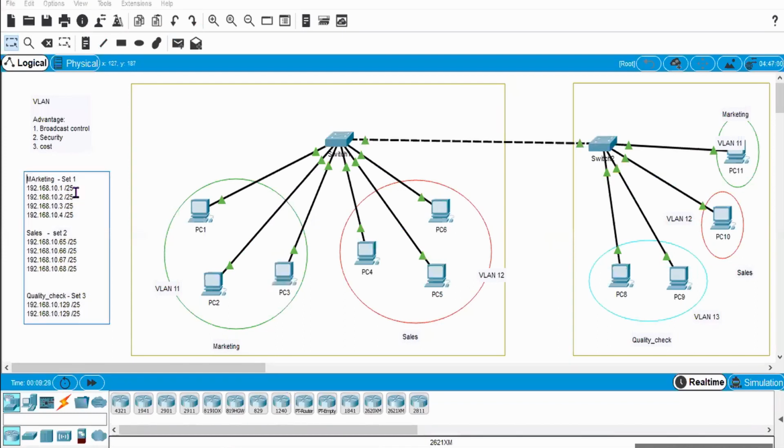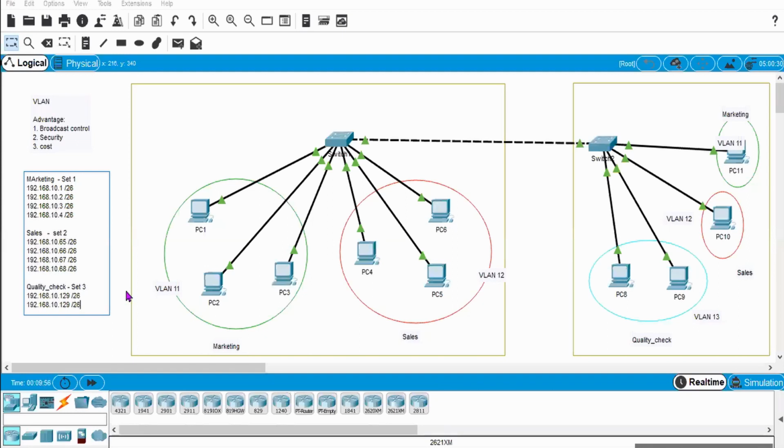Since I'm dividing this one into four clusters, this will be slash 26 in place of slash 25. Slash 25 means I am dividing into two parts.